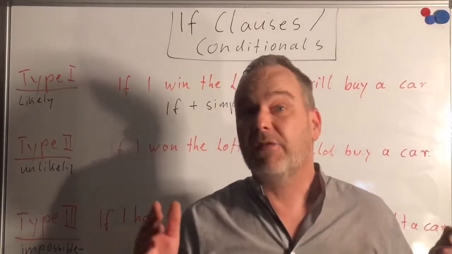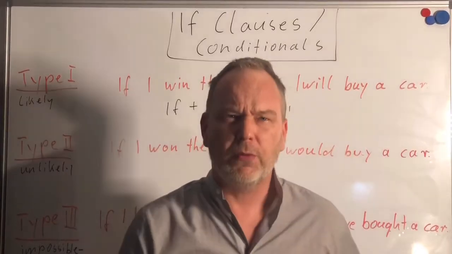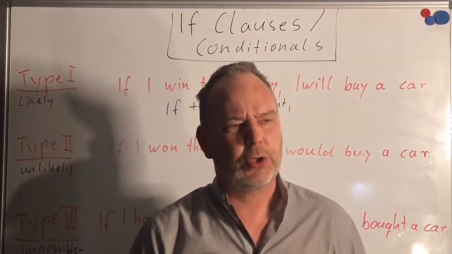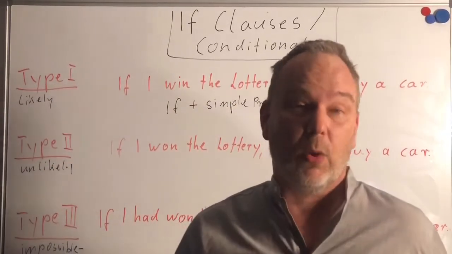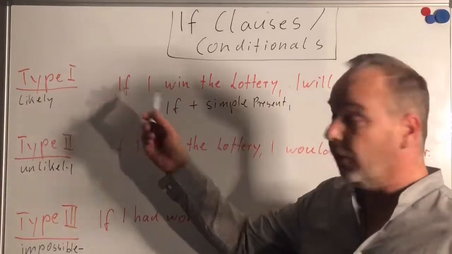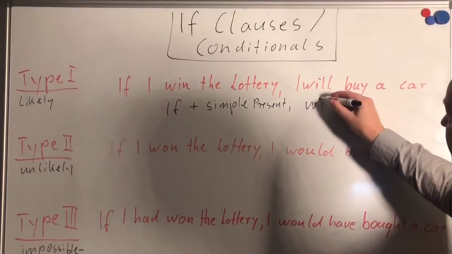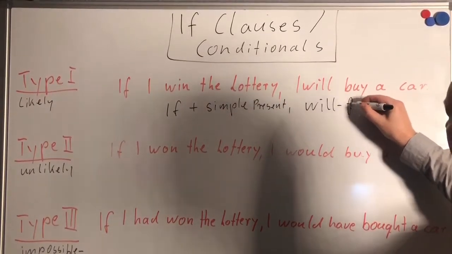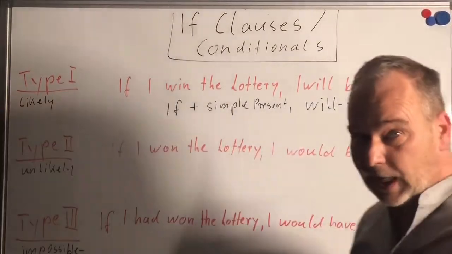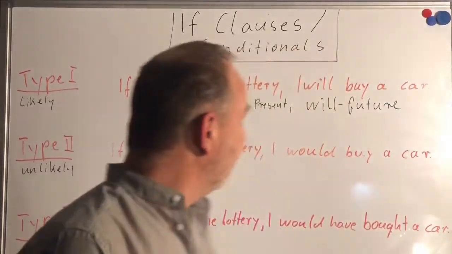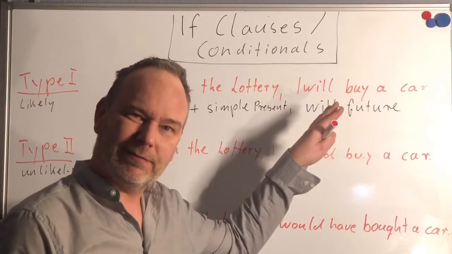Okay? But if I'm not sure, what are you going to do, or what will you do on your next vacation? I'm not so sure. I will. Then we use I will. For example, maybe next year I will drive to Puerto Rico. And if, of course, it is not sure, that's why we have to use the simple future with will. Let's just call it will future. As I said, I like to keep it simple and easy. Okay? So if I win the lottery, I will buy a car. This is the plan. All right.